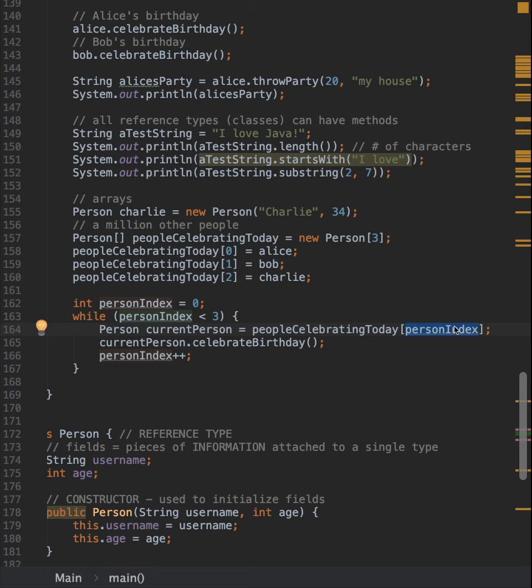So this will be the same instance as Alice. After that, I'm calling the celebrate birthday method on that person instance, in my case Alice, and then I'm incrementing person index, and so person index now becomes 1. Because the condition still holds true, the while loop will repeat again, and the current person will be accessing people celebrating today